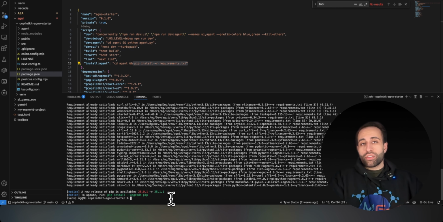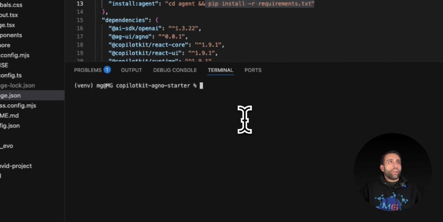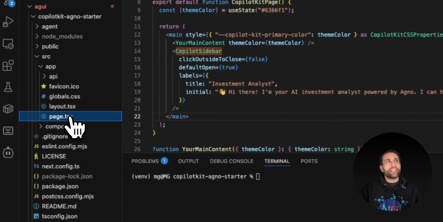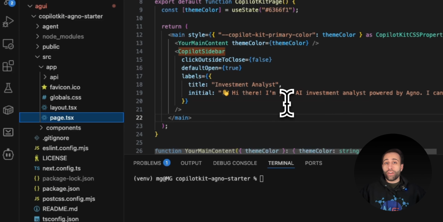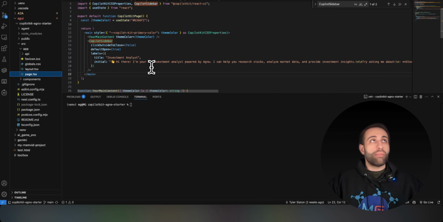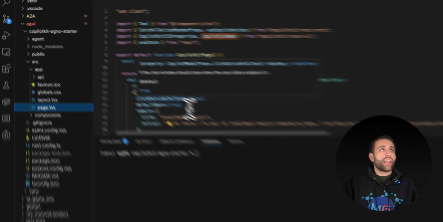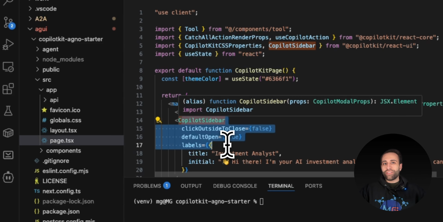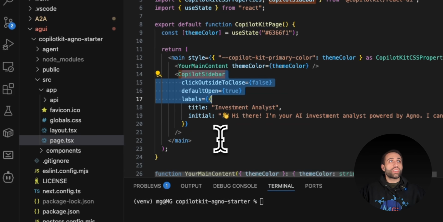I already have mine, so I'm not going to do it again for this. Alright, I just cleaned my terminal to make it a little bit clean, but now I want to show you the same page.tsx file that I showed you in the LangGraph example demo. You can see that similarly we have this Copilot sidebar here. This is the one that's going to have not only our chatbot start working,